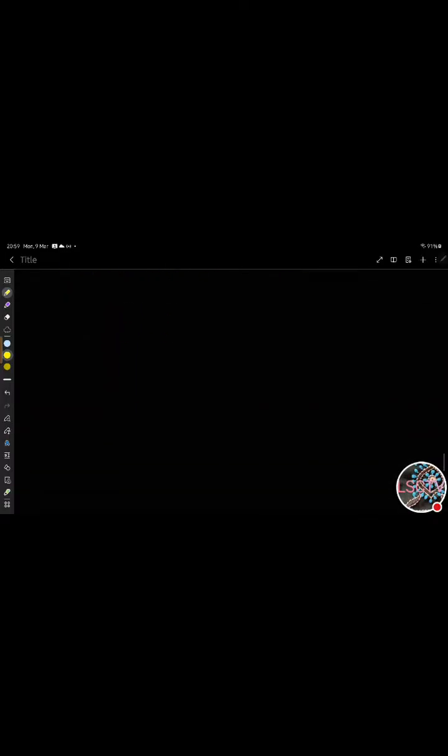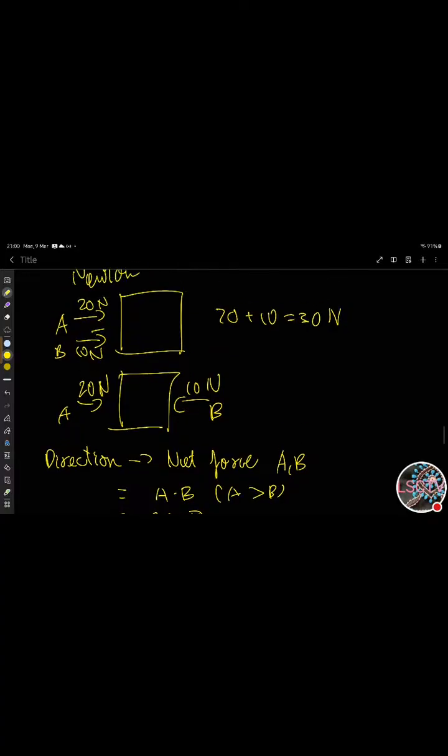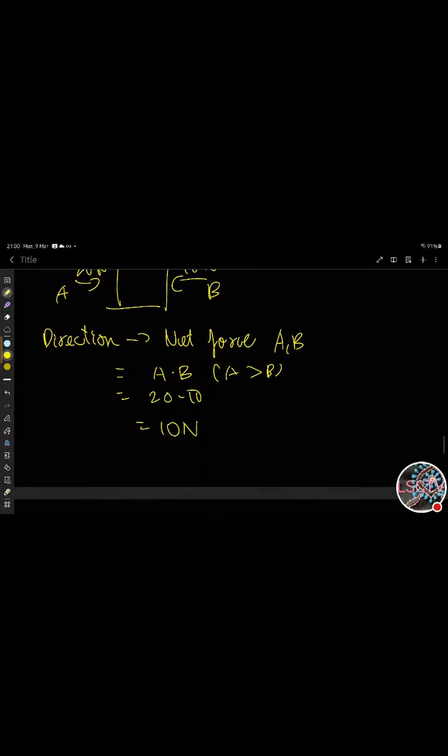Okay? Now, after we finish net force, we see here direction was important. Let's say we didn't know what the direction was, how are we supposed to calculate the net force? Is there any way to calculate the net force if you don't have the direction? No, simple. That's why direction is important for vector quantities.